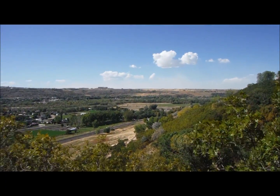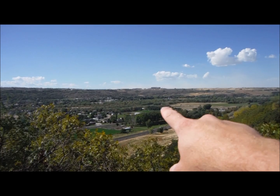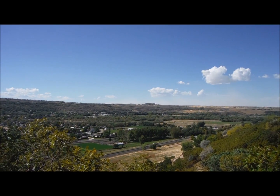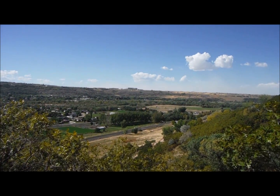Okay. So down there, this is Uintah, immediately in front of me. Off in the distance there is South Weber. That's where my wife was living when I met her, and I was living down in Salt Lake. Up on top there, you have Hill Air Force Base. So we get a lot of fighter jets doing practice runs several times a week, which sometimes makes it hard to even have a conversation, even in my own house, but I still love it here. It's just so beautiful and open. The people are friendly for the most part. I mean, people are a-holes everywhere you go, depending on who they are, but